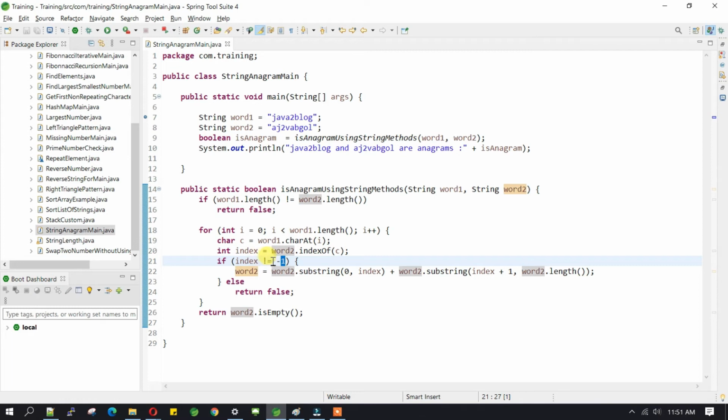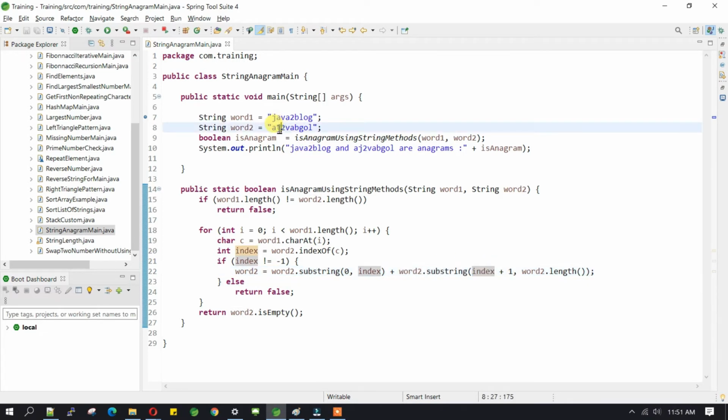If it doesn't return -1, then we are doing the substring. So 0 to index, the index is 0 to 1. What the substring does, when you do 0 to 1, it will take only 0 and not 1. Now we are appending word2 plus substring from index plus 1.